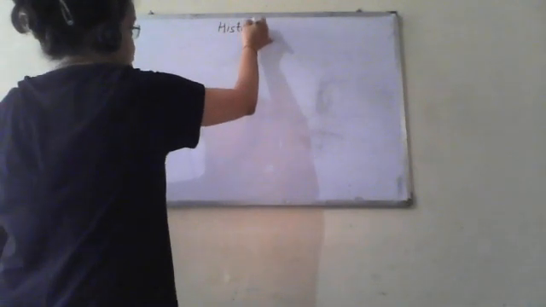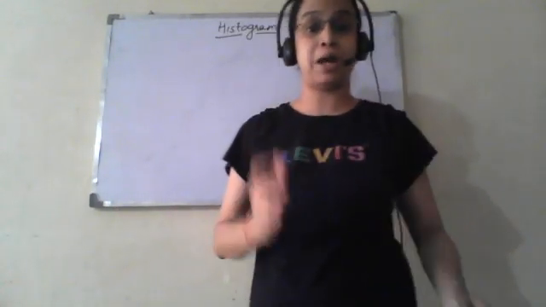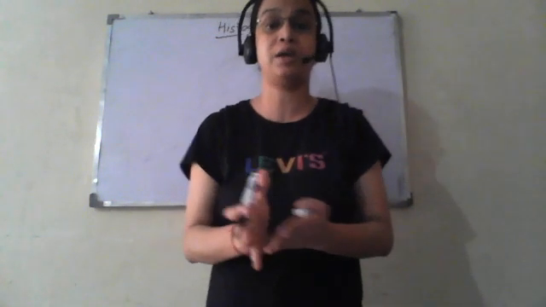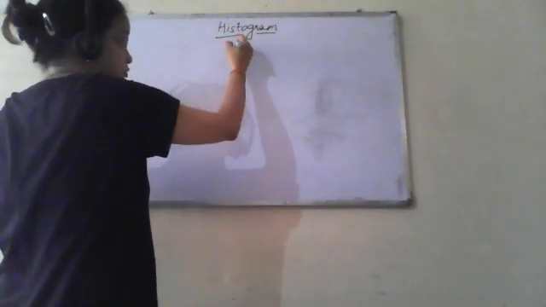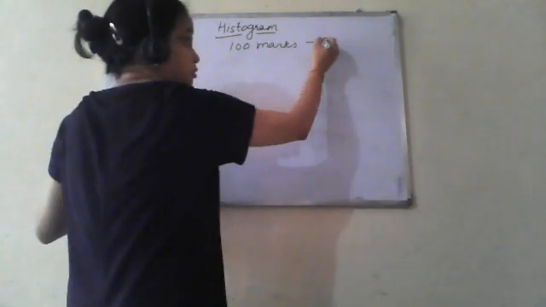So what is a histogram? Histogram is a type of graph which is used to compare quantities when their values are given in some range. Now what does that mean? Suppose a teacher has given a test in class of 100 marks, and the marks of students are given in ranges. Suppose there are 50 students,